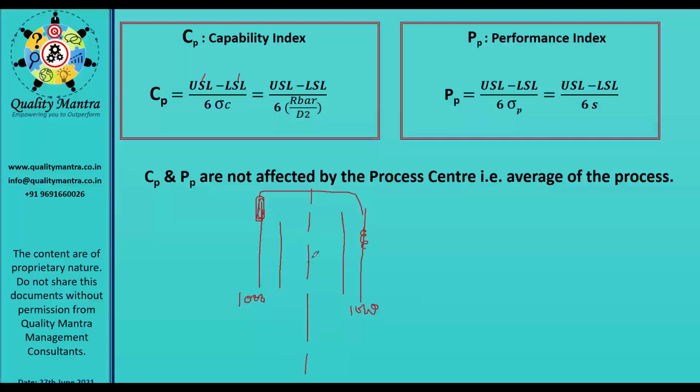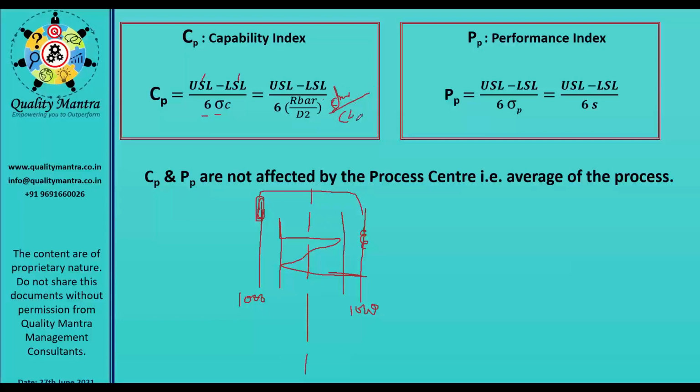Okay, no issue. So control limits are being calculated from the data, whereas specification limits are specified either by the process owner or process requirements or by the customer. That day we have seen clearly this difference. So in the formula, if you see, CP is USL minus LSL upon 6 sigma. Don't confuse it with the 6 sigma, okay? It is 6 sigma. That is equal to USL minus LSL upon 6 R bar by D2, or what is that? S bar by C4.